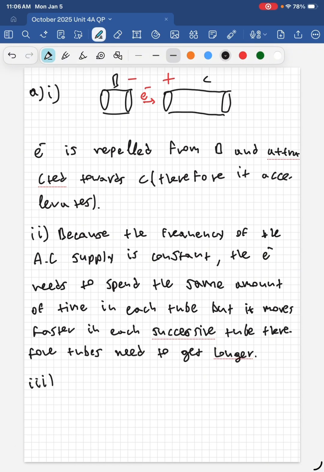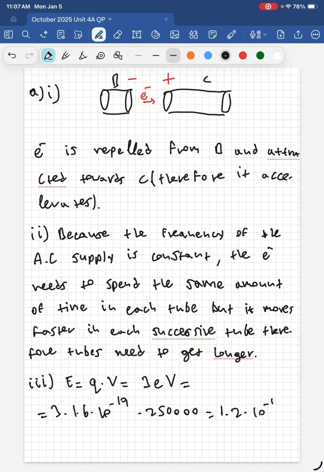So the answer is simply, remember that the energy is simply Q times the voltage. So in our case, we have 3 times Q, and the Q is E times the voltage, okay? Because you have the same voltage accelerating the electron 3 times. And if we plug in numbers, we have 3 times 1.6 times 10 to the negative 19 coulombs times 250,000 volts, and we get 1.2 times 10 to the negative 13 joules. All right,